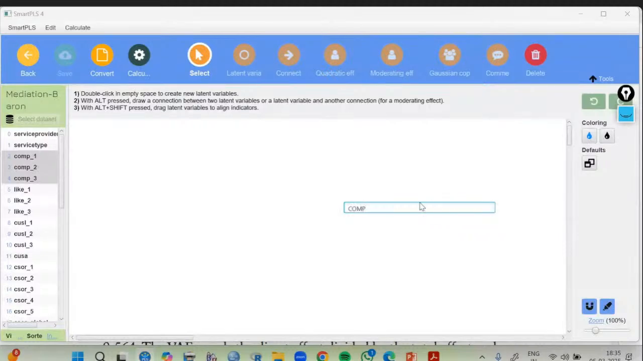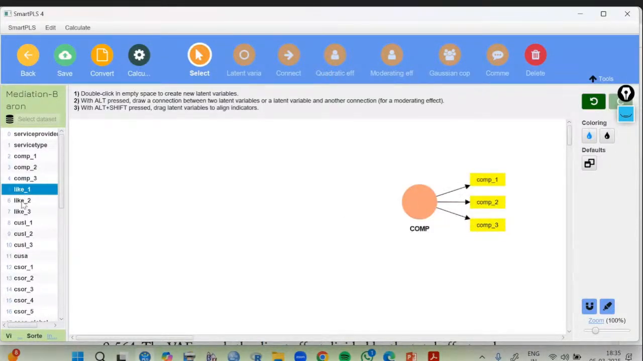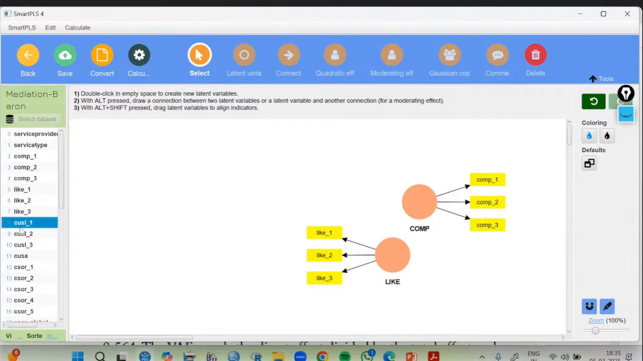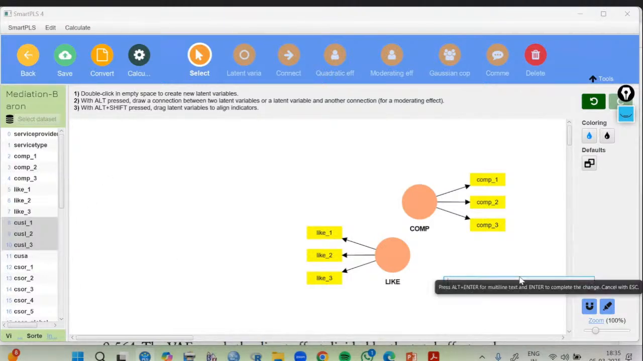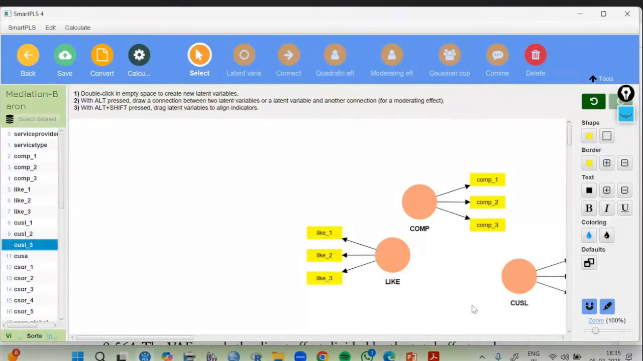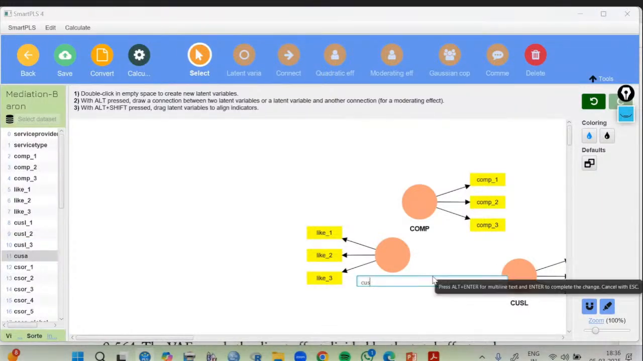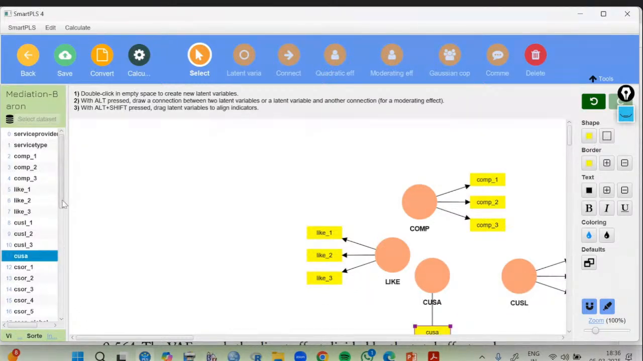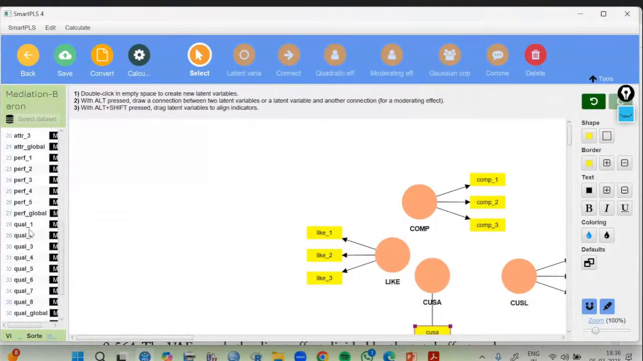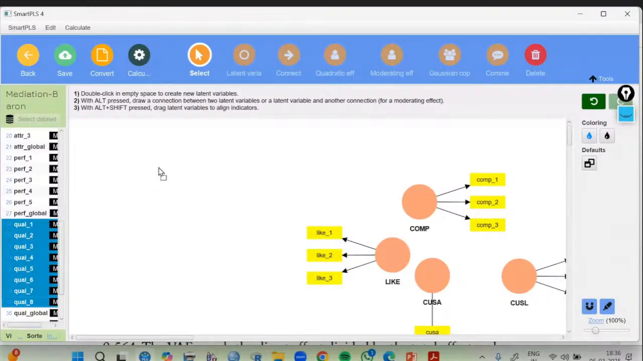COMP, then likability, 3 items, then customer loyalty. It is very easy to make the diagram. CUSL, then CUSA, CUSA, then quality, it has 8 items,